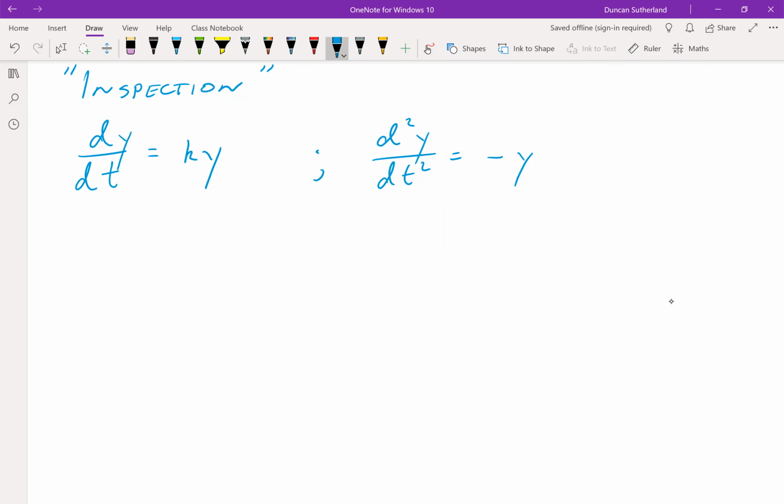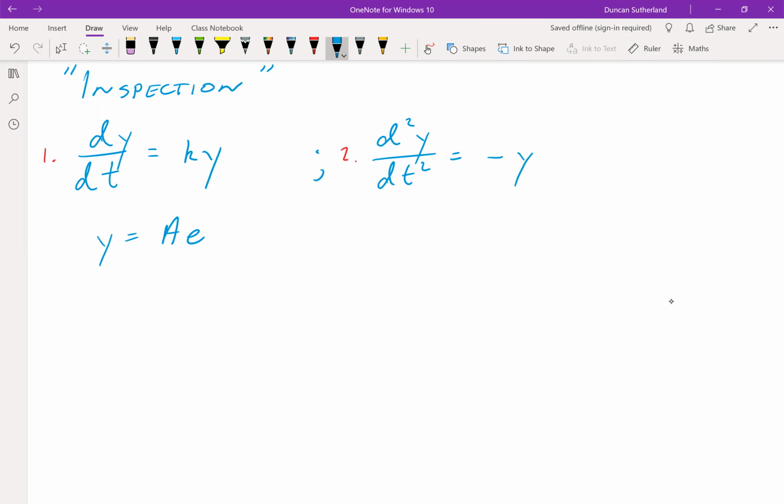One of the questions that gets asked a lot is how does one know a solution of an ODE by inspection? Sometimes you'll see in a textbook, the solution to the following differential equation is trivial. It can be done by inspection. And usually the equations are of these forms, so either 1 or 2, and the solution for 1 is